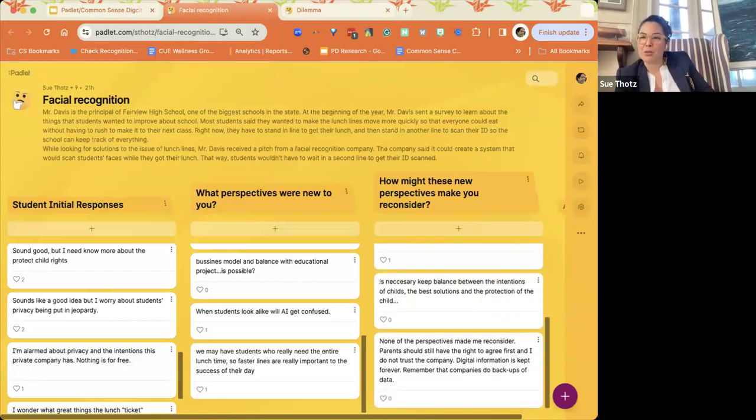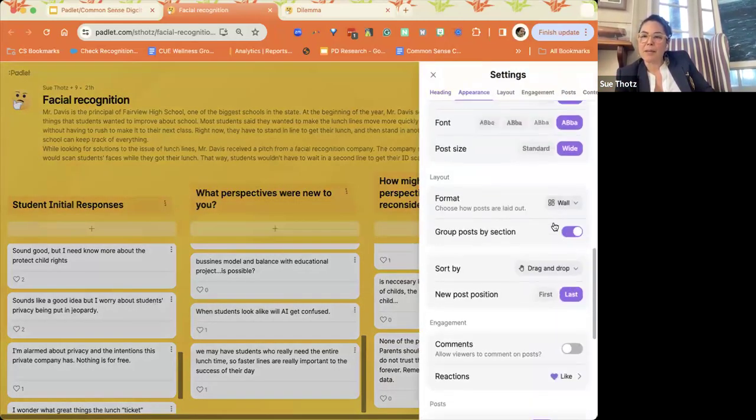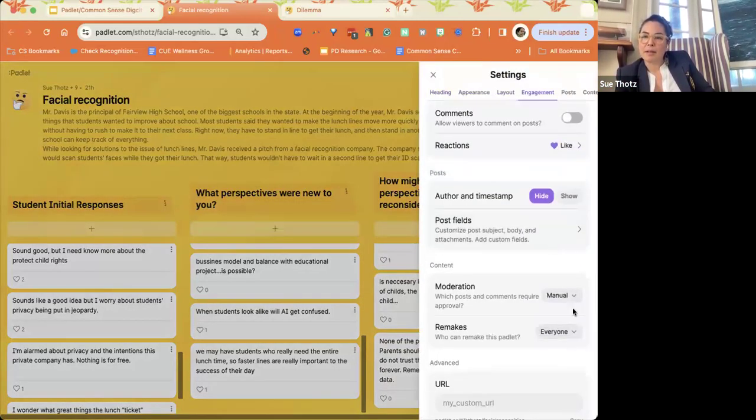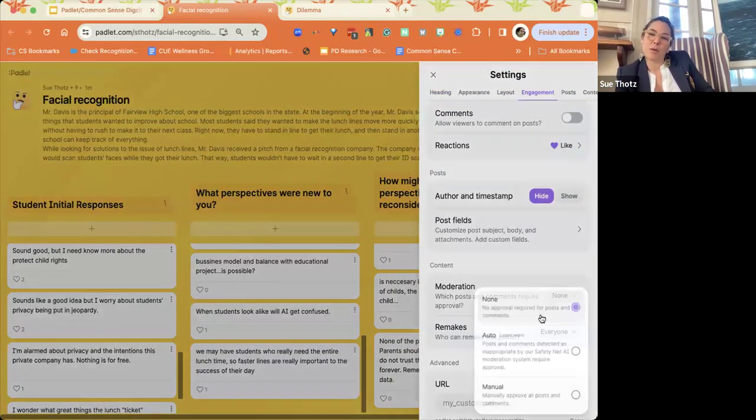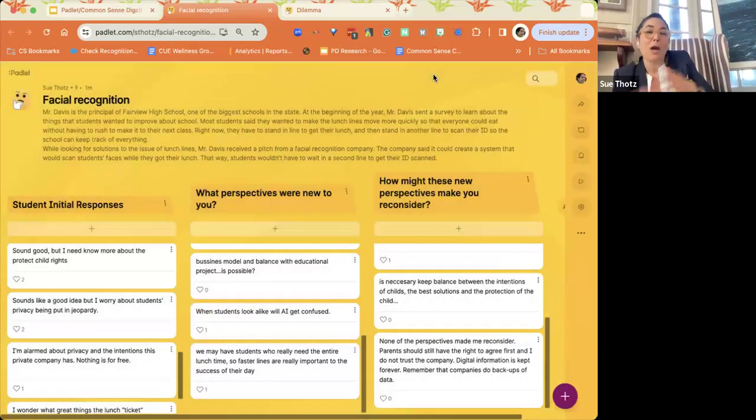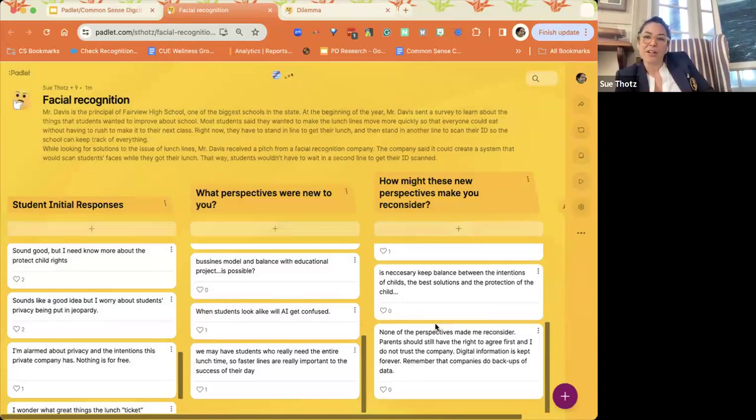Oh, I don't have to. I'm going to change you all from manual to none. Oh, by the way, as a third option, not just none or manual, there is an auto moderation here that catches content considered inappropriate. So if any of you decide to put nasty swear words in your stuff, right now you all can put terrible swear words in there if you really wanted to, and I wouldn't be able to stop you. But if I put it on auto, then it would at least be able to filter out some of the inappropriate content that you're putting in there.